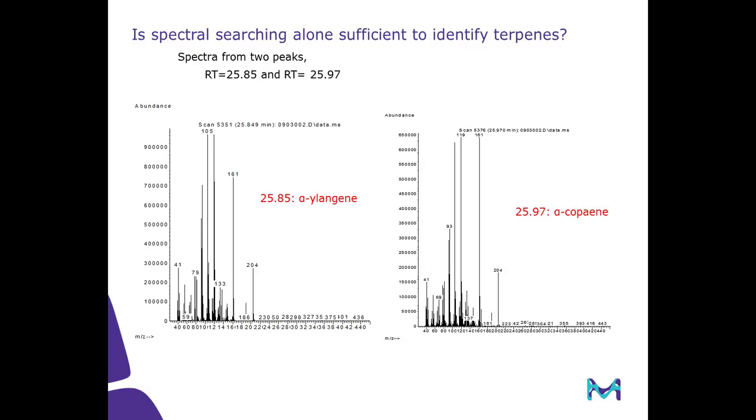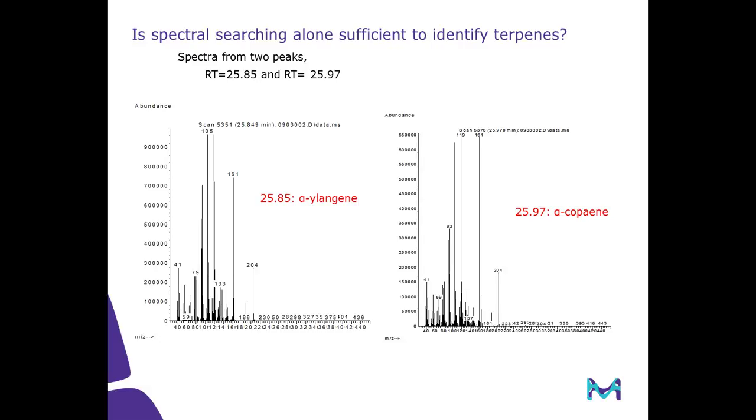Now, is spectral searching, like I just showed you, sufficient by itself to identify terpenes? Not entirely. For example, let's say we have 2 terpene peaks, one at 25.85 minutes and one that elutes at 25.97 minutes. Let's look at their spectra. This is my first peak at 25.85 minutes, and it is alpha langine, I think that's pronounced. Now, the second peak